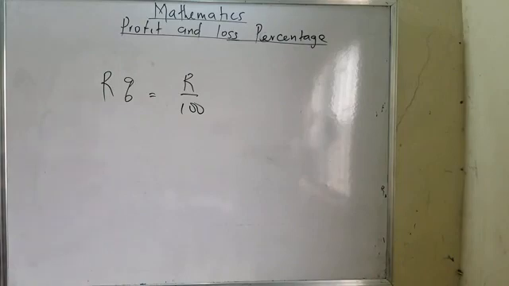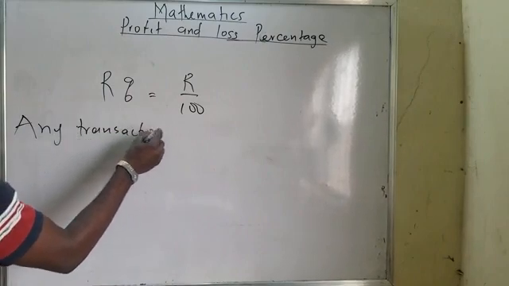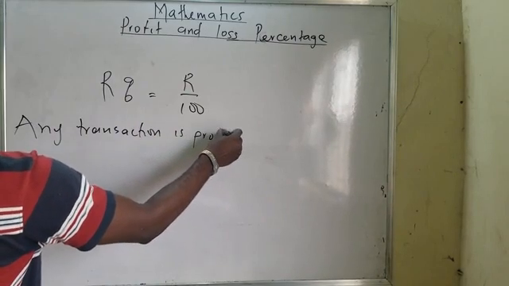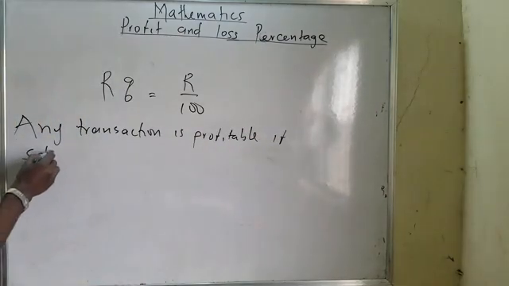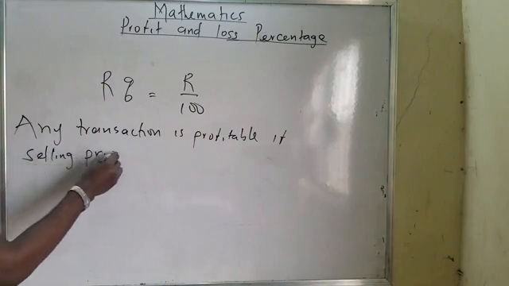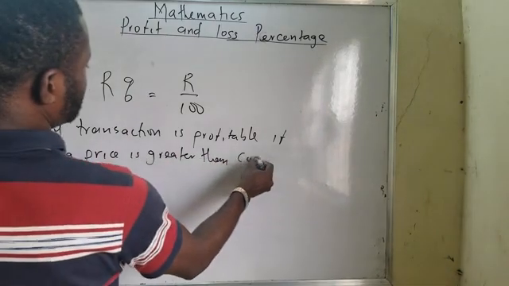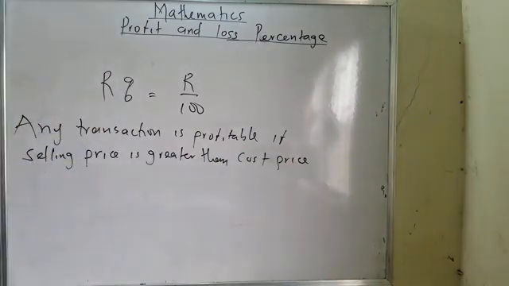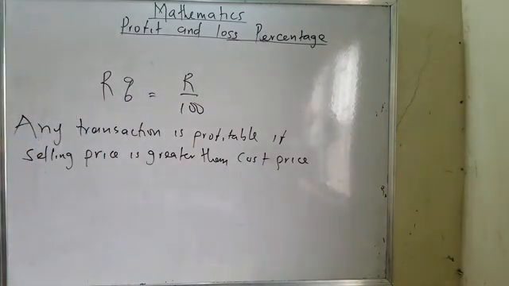And profit and loss: when you make any transaction, the transaction is profitable if the selling price is greater than the cost price. Once your selling price is greater than your cost price, it is profitable. And we are told that the percentage profit